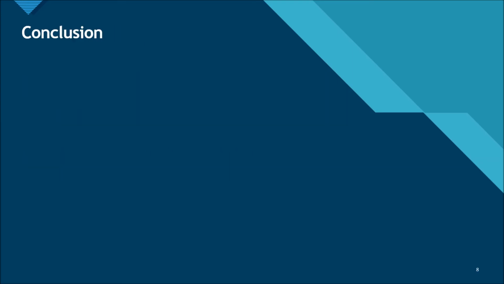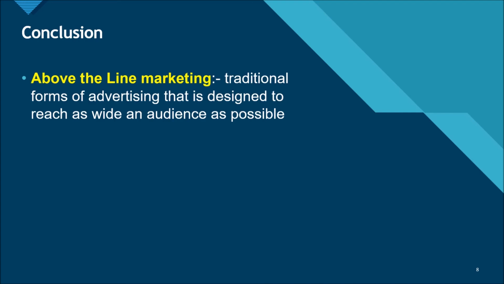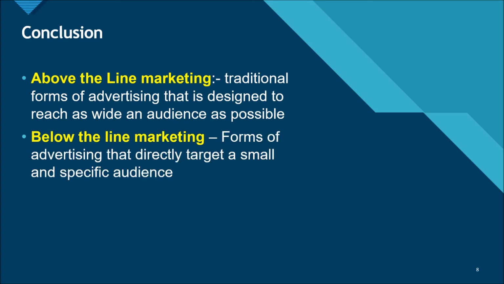So in conclusion, you have two forms of advertising, which is above the line and below the line. Above the line marketing is traditional forms of advertising that is designed to hit as wide an audience as it possibly can, and they will do this through traditional techniques such as newspapers, billboards, bus shelters, etc. And this contrasts with below the line marketing, which is much smaller types of advertising that is directly targeting a much smaller part of the audience, a very specific part of the audience,